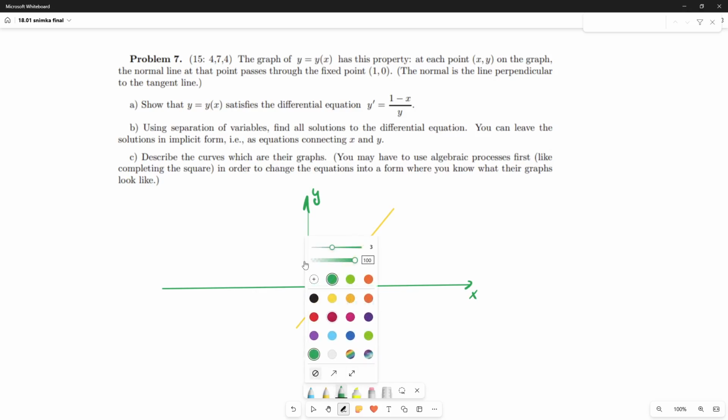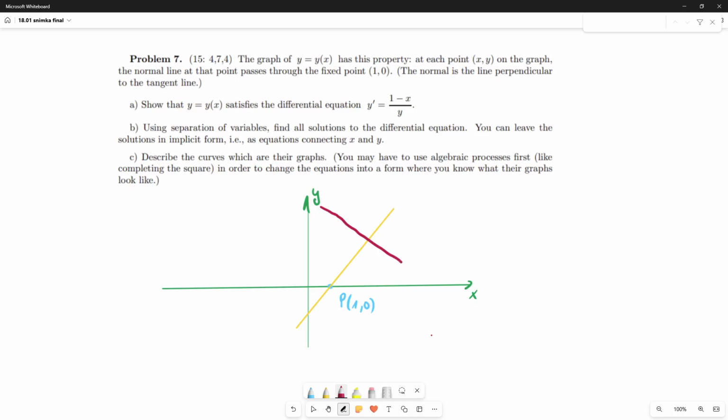And at some point in the curve, it meets its tangent line. So this point over here, T, with coordinates x0 and y0, is the point where the normal line was calculated,